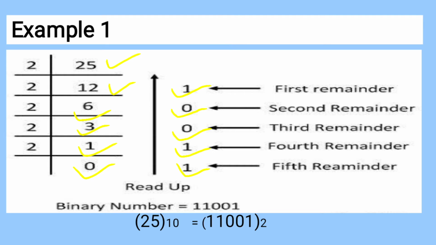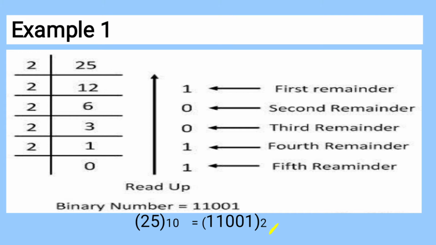But make sure that when you write the answer, you write it from bottom to top. That care you have to take, and that is why we read the answer from bottom to top. That will be 1 1 0 0 1. The final answer for binary of 25 will be 1 1 0 0 1. In the binary number system, the digits are not grouped together. We do not read the whole number together. You cannot pronounce it as 11,001. You have to pronounce every digit separately.